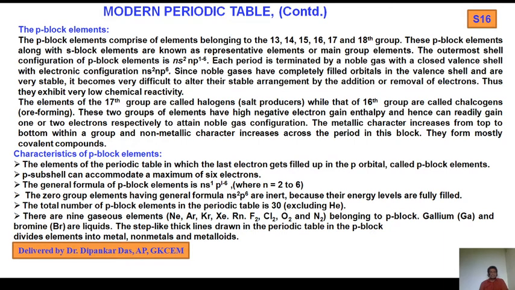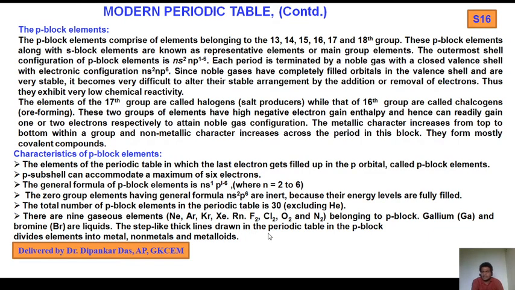So how much energy is released or liberated when a gaseous atom captures or receives an electron in its valence shell. So electron gain enthalpy means energy released or liberated, but ionization potential, or ionization energy, means how much energy is required to pull out the outermost shell electron from a gaseous atom. So one is endothermic, another is exothermic. Clear? So these two groups of elements have high electron gain enthalpy, hence can readily gain 1 or 2 electrons respectively to attain noble gas configuration.